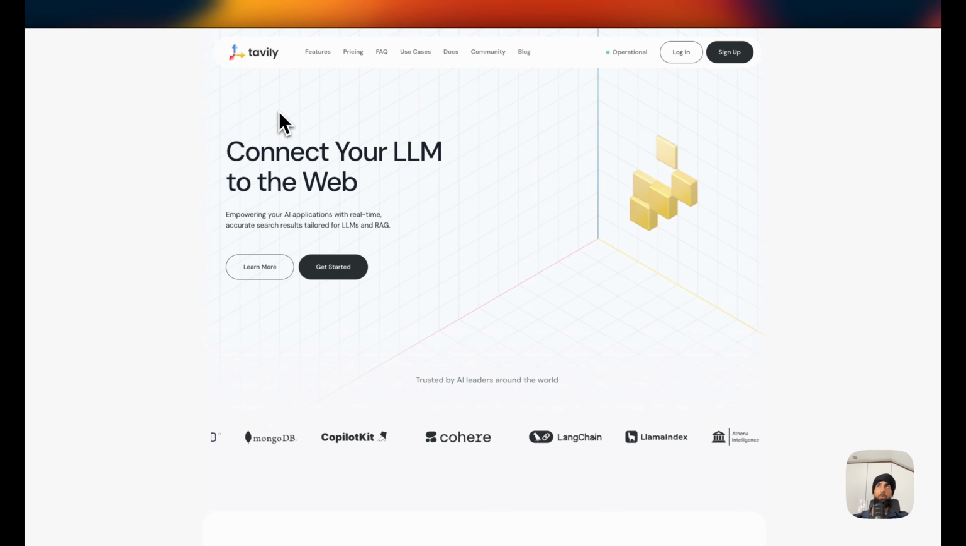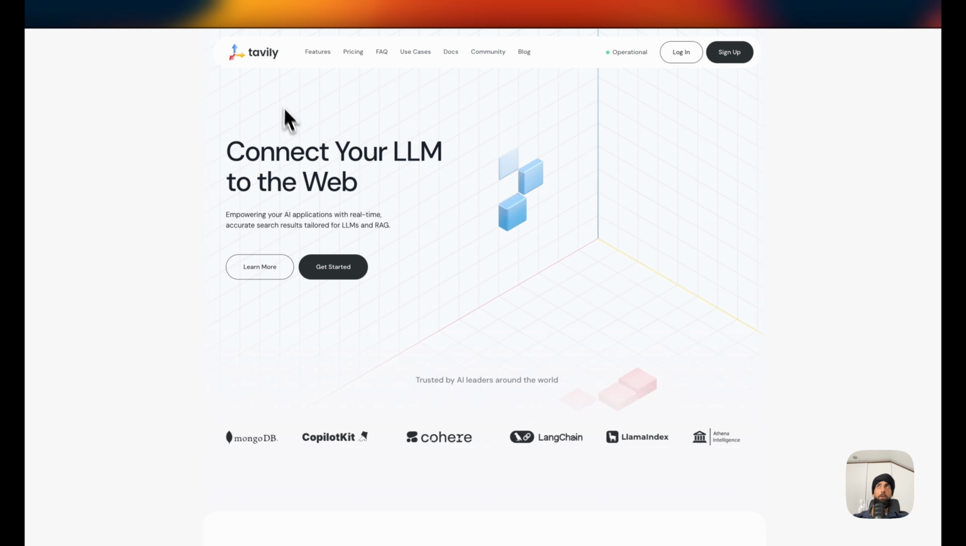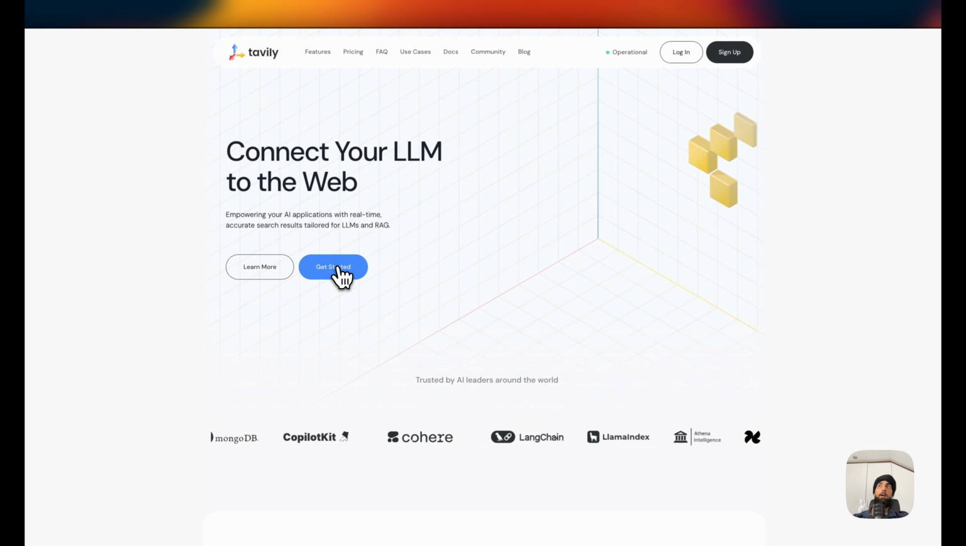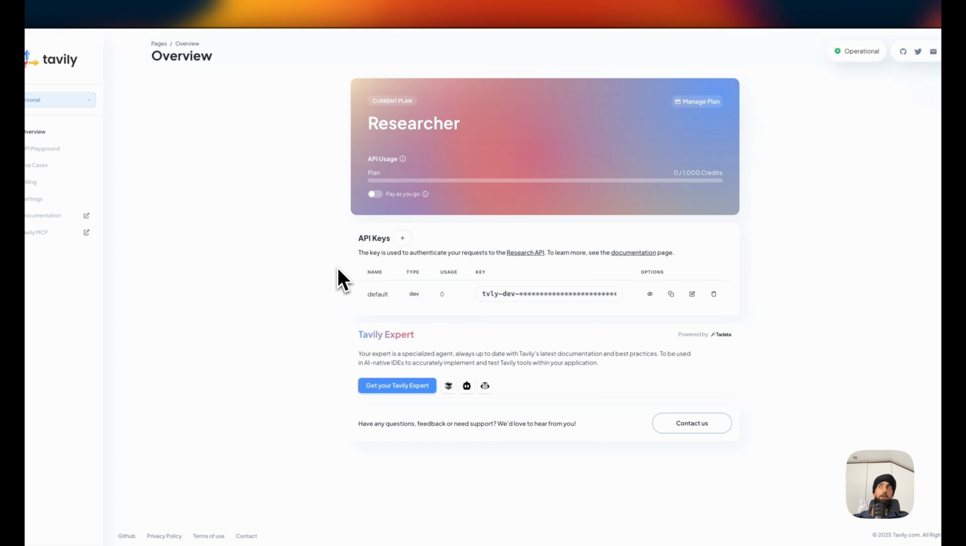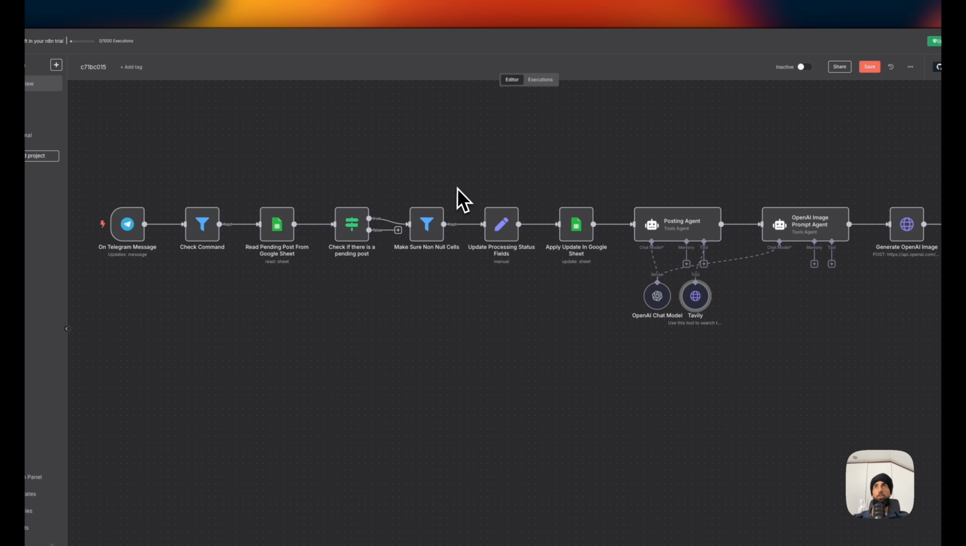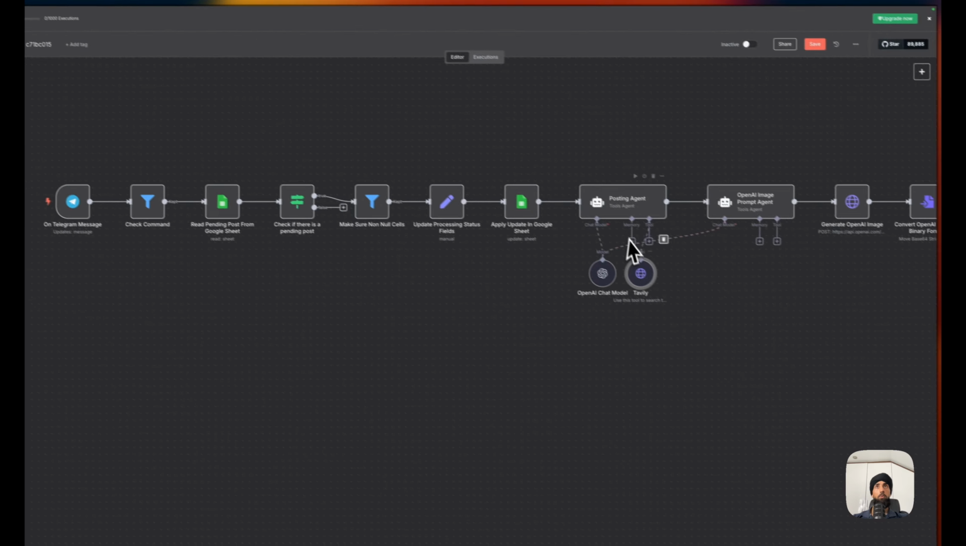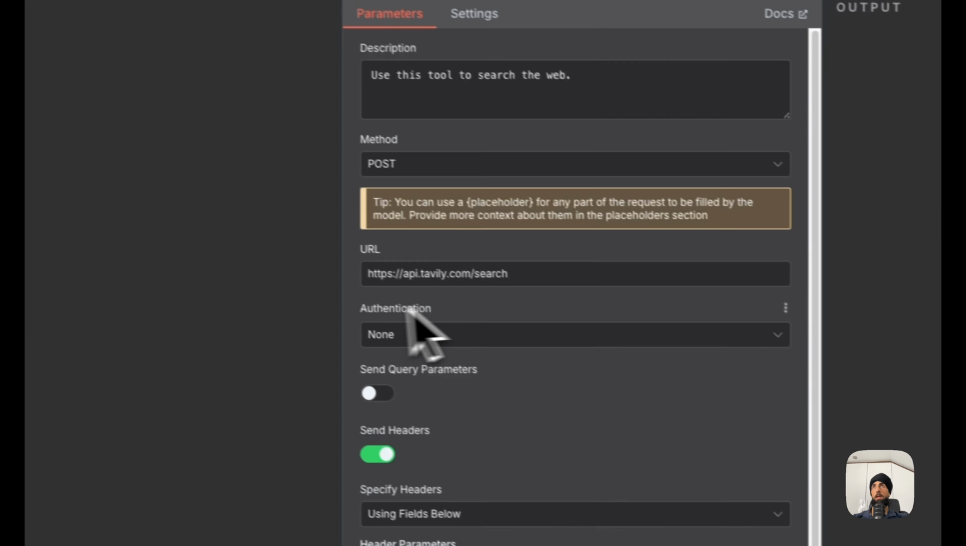So head over to Google and click on the first website after entering Tavily into the search bar and click Get Started. Then you'll be asked to make an account for free. You don't have to enter any credit card information and you'll be presented with an API key. Just click to copy that key and then go back to your workflow, double click the Tavily node and then